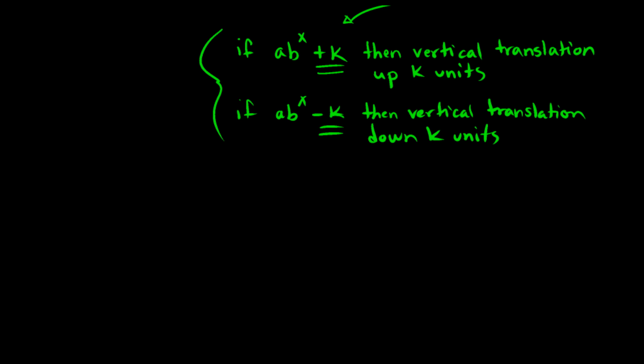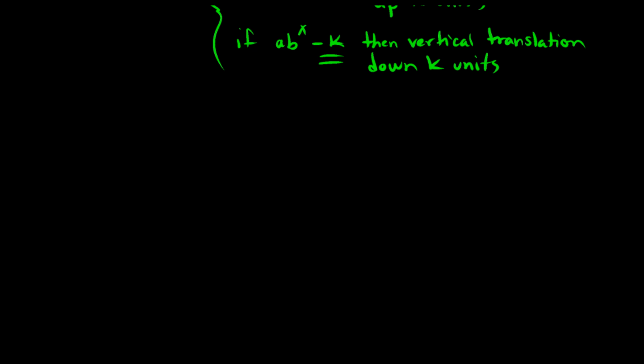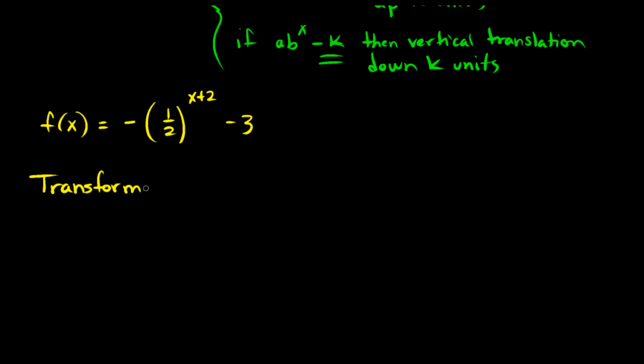Alright, so let's look at all of this and put it all together. We won't graph this, but we'll take a look at all the things that are happening to it. Here's a very specific example. Let's say we had f of x equals negative 1/2 raised to the x plus 2 power minus 3. And if I were to ask you what the transformations of this graph are, if I were to say list all of the transformations,